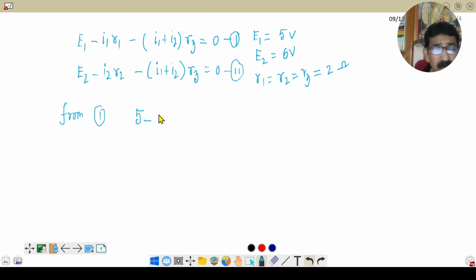So this is equal to 2 into I1, again 2 into I1 and 2 into I2. So this is equal to